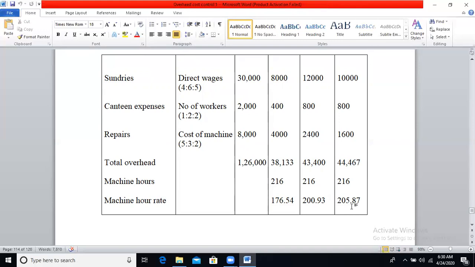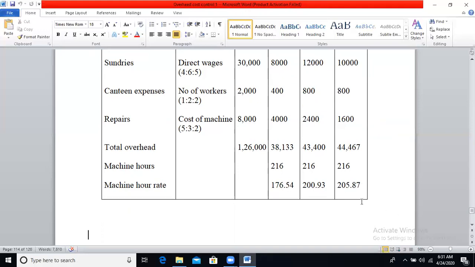So if they have given only related to one machine, then you will calculate as per standing charges and variable expenses. If you add these two, you will get machine hour rate. If they have given more than one machine and if they have given basis and overhead expenses, then you have to calculate like this. Identify the expenses, identify the basis, and calculate the ratios. As per the basis and ratios, apportion the overhead expenses to all the machines, total all the overheads, then divide by the number of machine hours, you will get machine hour rate for each machine. Let's see the next problem.